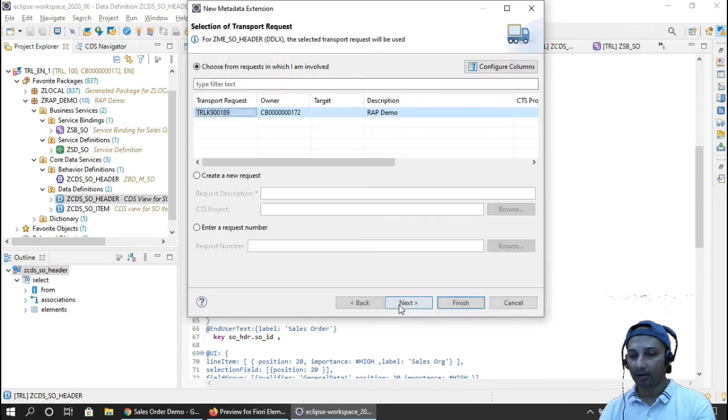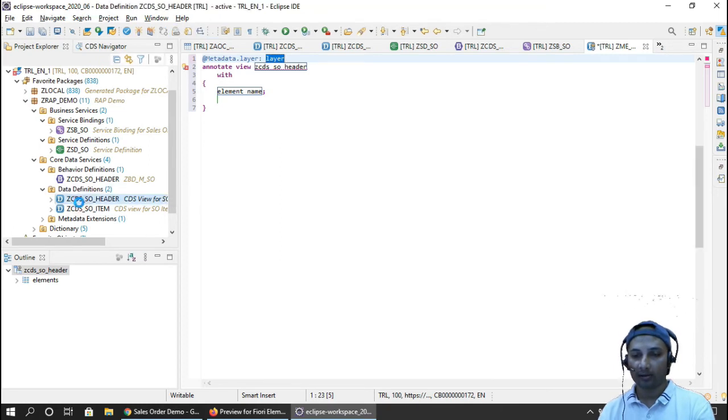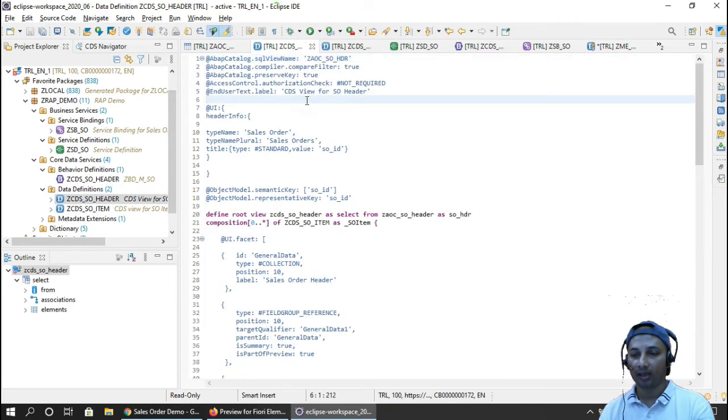If I just click next, finish, it will create my new artifacts, called metadata layer and something like this. Okay, before you create this extension, one thing is quite important: this particular CDS should be extension allowed.